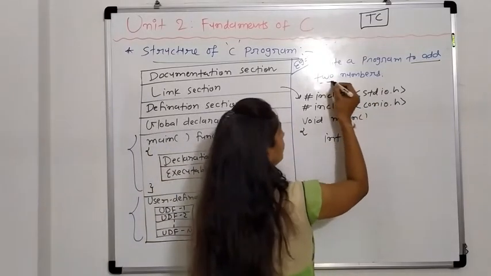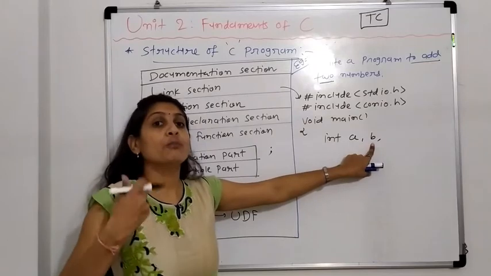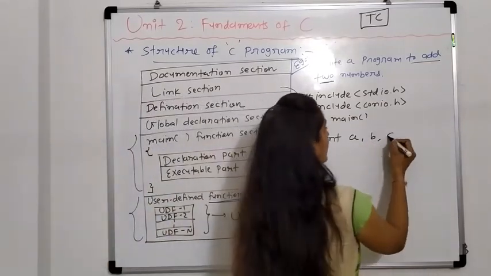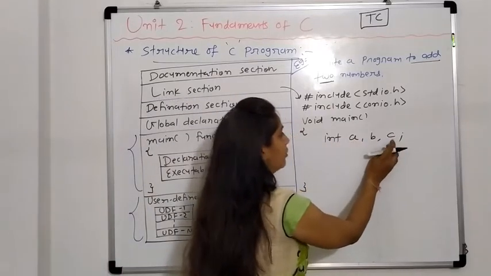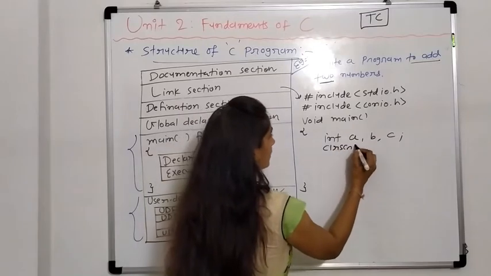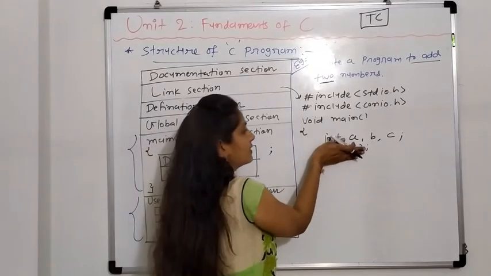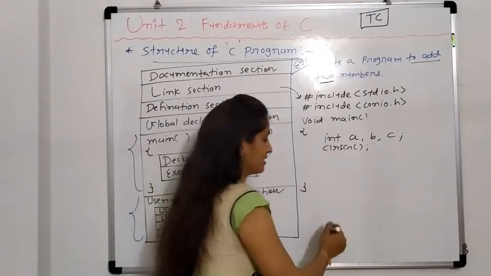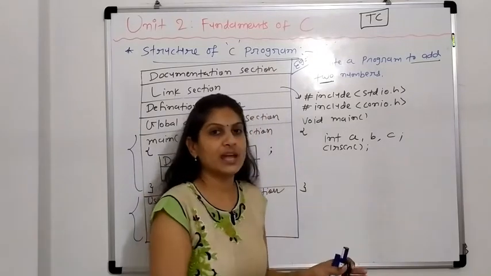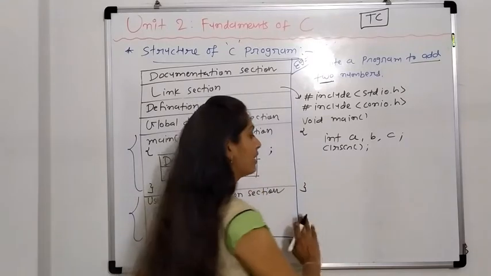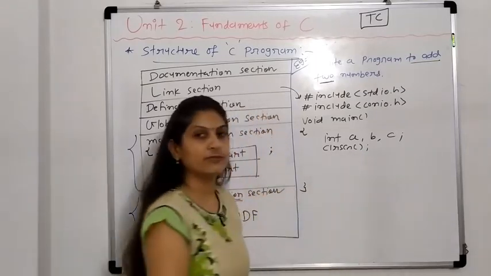How many numbers do you want? 2. So here we write a comma b. These are my inputs and the output will be generated and stored in another variable, that is c. These are inputs and this is output. After that we write clrscr, the clear screen. This is for what? To erase the previous output. If we do not write this statement, then our first practical output, hello, will remain in our output, and after hello the second output will appear. So to erase the previous output on our output screen, we use the clear screen function.